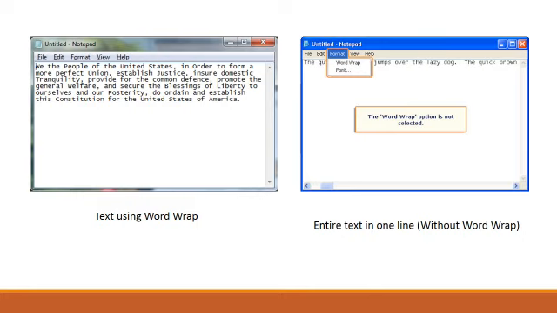There are two pictures on the screen. The first one is having the word wrap option and the second one without word wrap option. In first picture, you can see the content is in the form of paragraph, but in the second one, the whole content and whole writing you can say is in a single line. There is no concept of multiple lines. आपका word content जो है वो next line पे shift नहीं होता, वो एक ही line में without moving going to the next line वो एक ही line में लिखा जाता है.